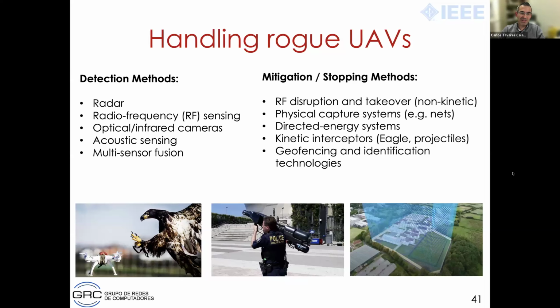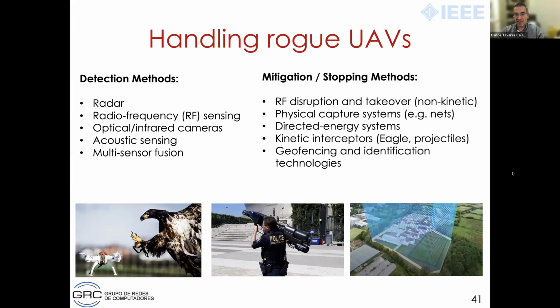But keep in mind that if drones are able to fly very low, you cannot see them with radar or optical cameras or anything like that. So it can become almost impossible unless they are already inside your protected area. Okay. So in terms of mitigation, then